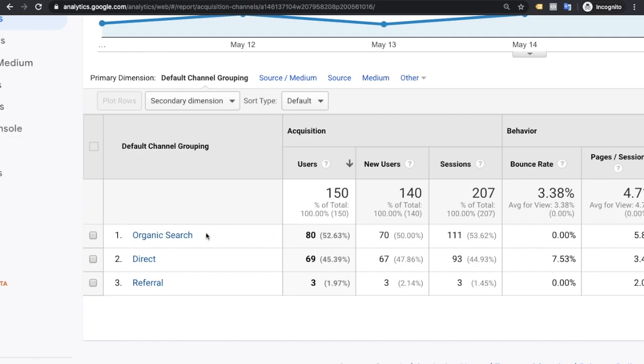So what is a dimension? A dimension is the attribute of visitors or data. Data means data coming from visitors to analytics. These are the attributes. Suppose you select social media, then we can say attributes like Facebook, LinkedIn, Twitter, Instagram, like this. So these are the dimensions.